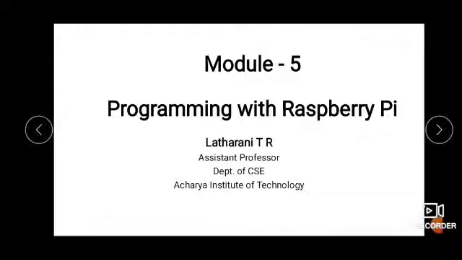Okay, earlier we have seen some of the programs which you can run on Raspberry Pi using Python. We have written the program, but now we are writing the program using Python only, but we are running that using Raspberry Pi and the other components which are interfaced to the Raspberry Pi. The components which are interfaced are like push button, LEDs, sensors, etc. So such programming, how to interface the components to the Raspberry Pi and how to write programs and run it, let us see, and let us see their outputs too.